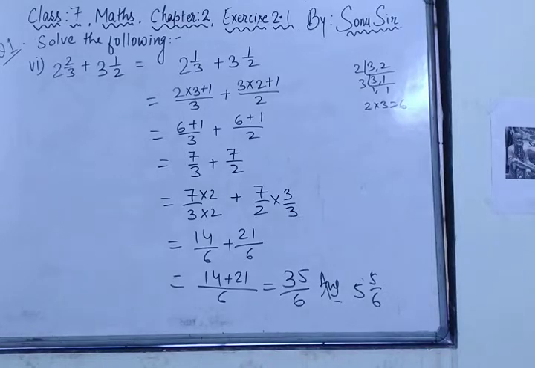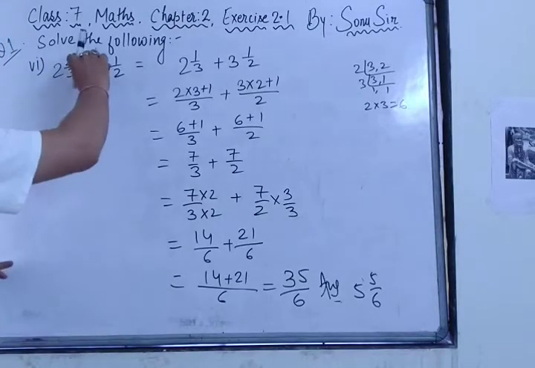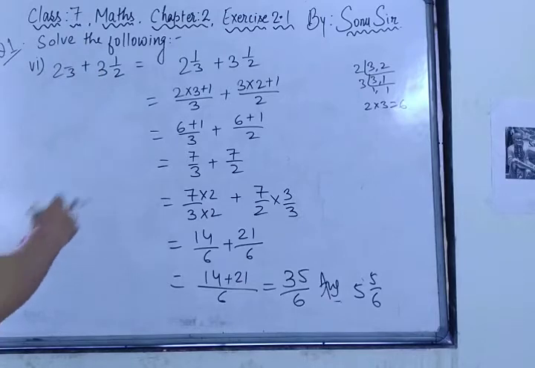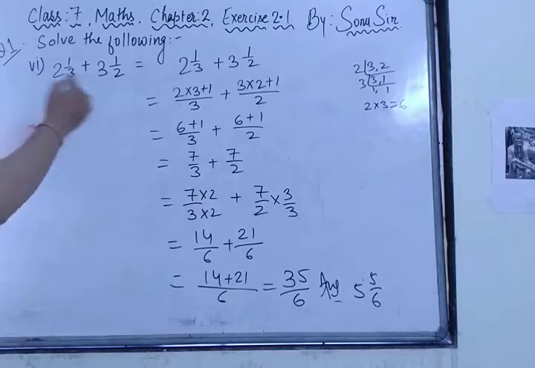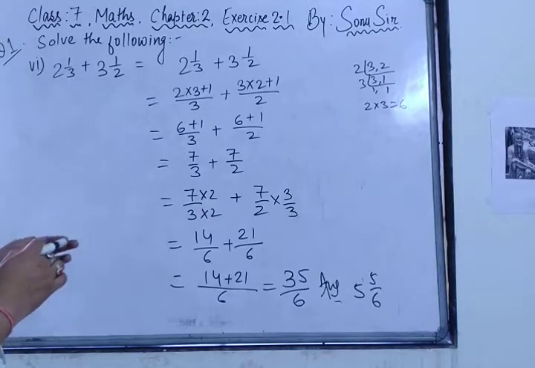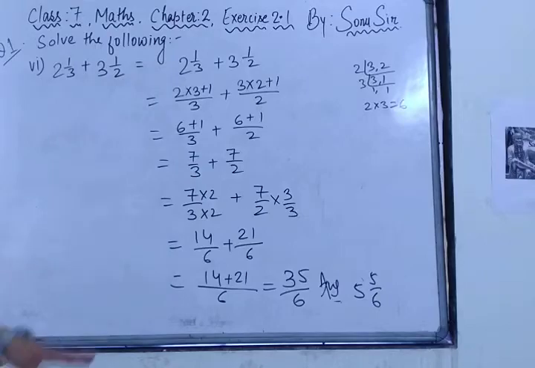I hope all of you have written question number 6. Now can I move towards question number 7? So now I am moving towards question number 7. See here, first of all I have written this question a little bit wrong. Here there was 2 by 3 and I have written it differently. No problem, I will solve this question again. Just suppose the question is like this: 2 into 1 by 3 plus 3 into 1 by 2 will be equal to, the answer will be this.